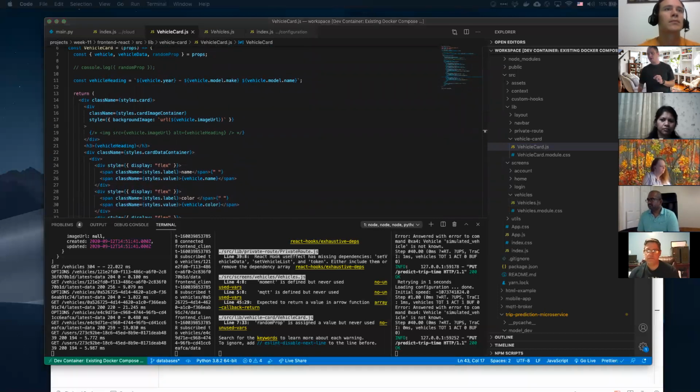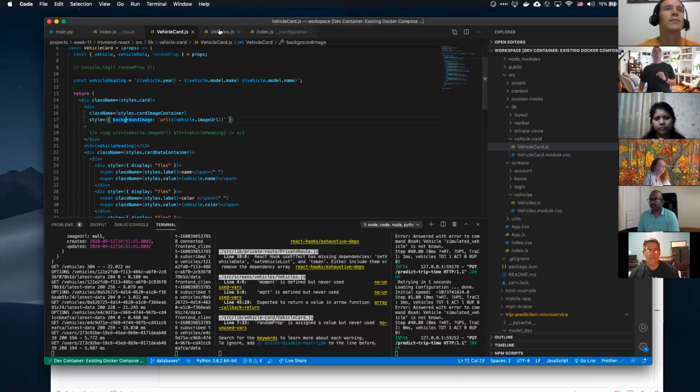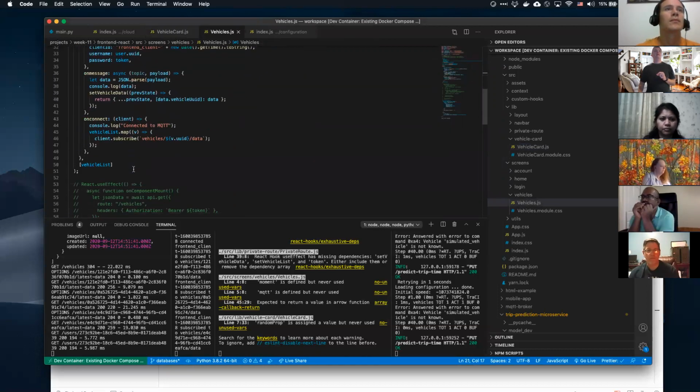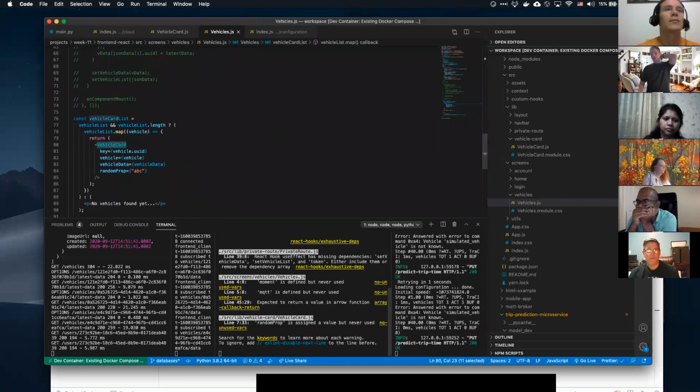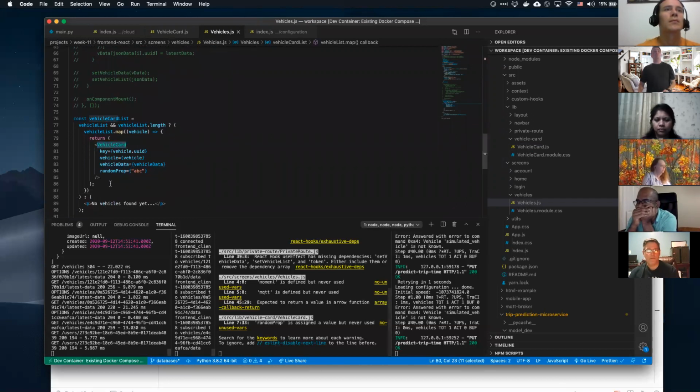So we're going to have to do it one way or another. The big question is, where do we actually want to do it? I think we're going to do it in the vehicle itself, and then pass the prediction down as props to the vehicle card. As prediction.